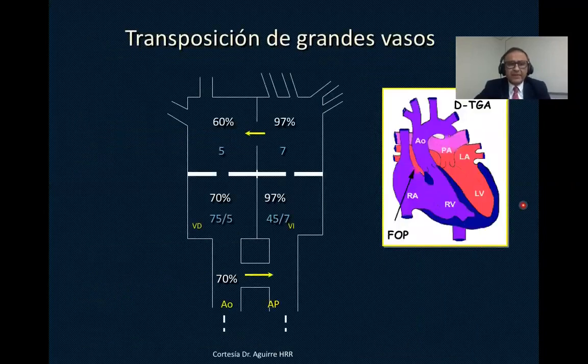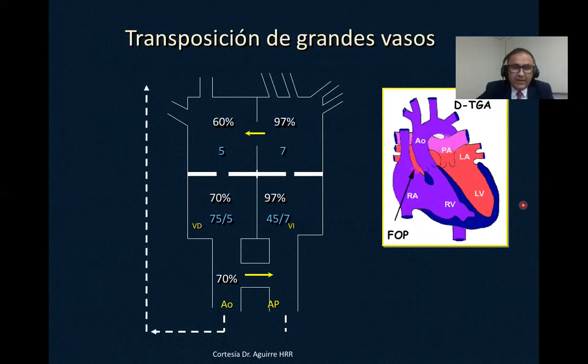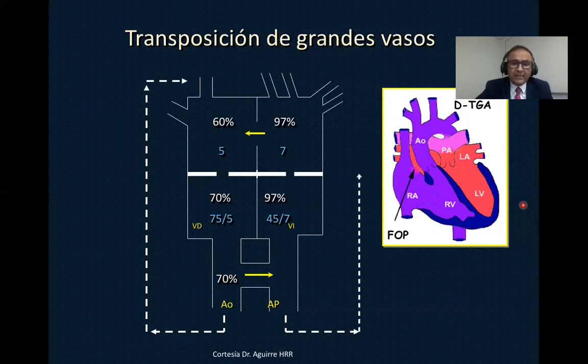Transposition of the great arteries, as we already mentioned, is a ventriculo-arterial discordance, such that the aorta arises from the right ventricle carrying poorly oxygenated blood and goes to the body to return again through systemic venous drainage to the right atrium, and from the left ventricle, the pulmonary artery arises carrying oxygenated blood to go again to be reoxygenated